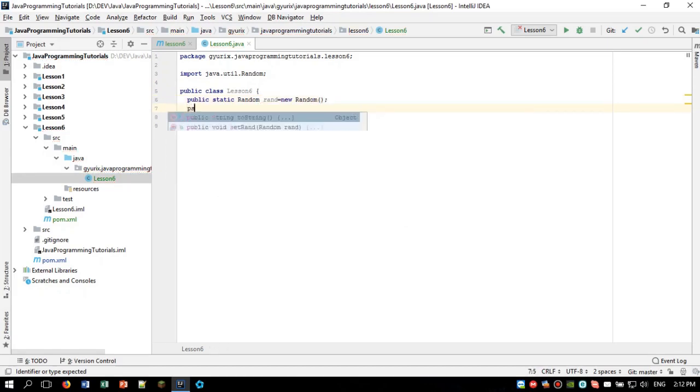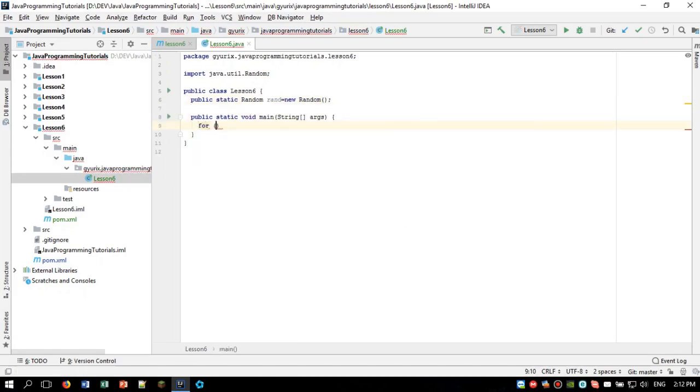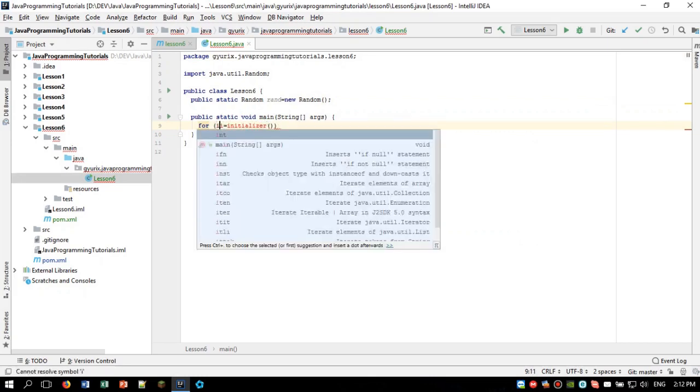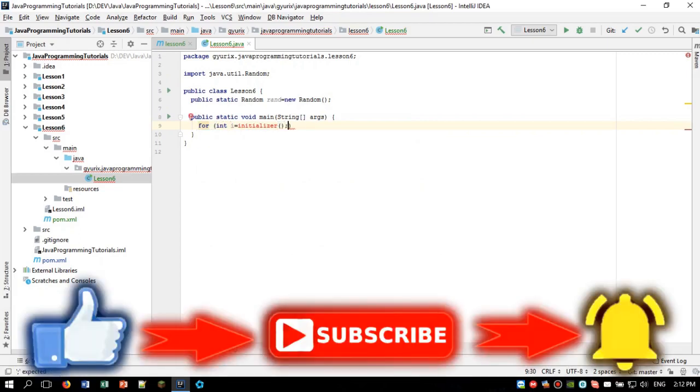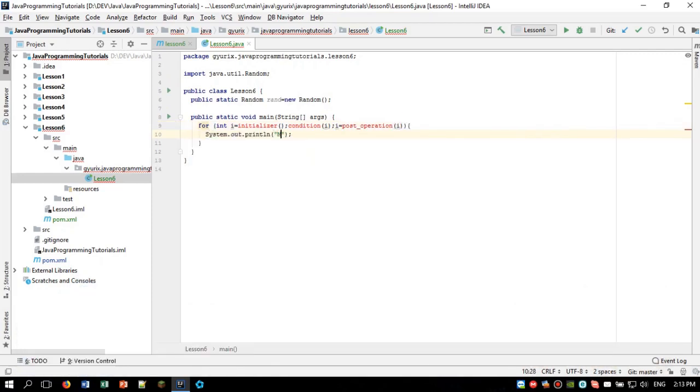In this episode, I'm going to show you the magic behind the for loop. One of the ways you can use a for loop is the one I have shown you in the previous video. It was basically looping through a collection. The other way we can use the for loop is its four-feature form. The four features are the initializer, the condition, the post operation, and the body.